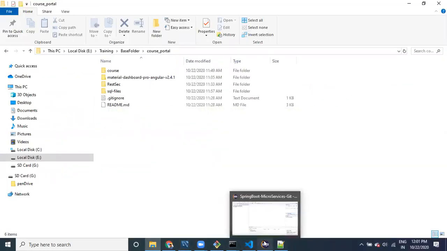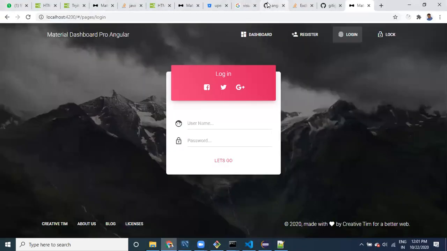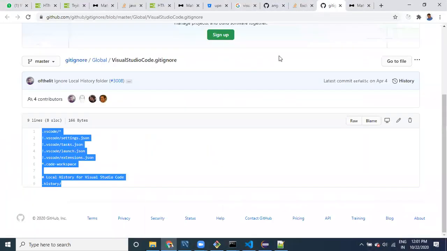Okay. Now that's how we can push it. Now you can go to the code, to the repository in Bitbucket. Yeah, here it is.